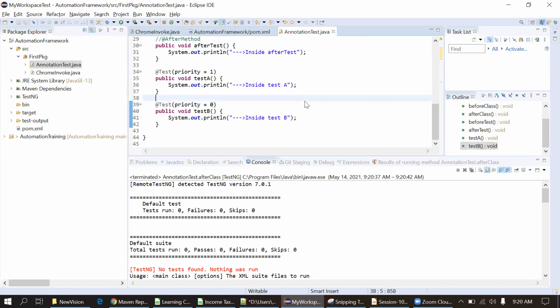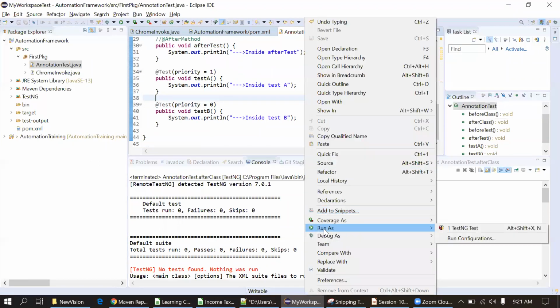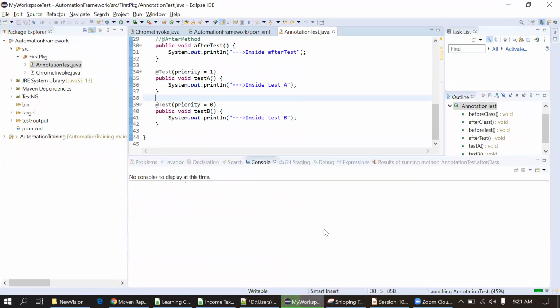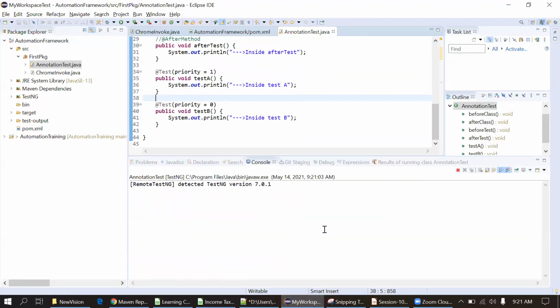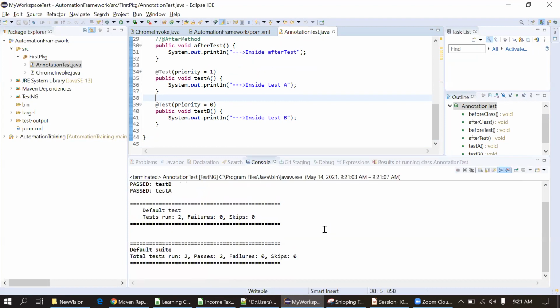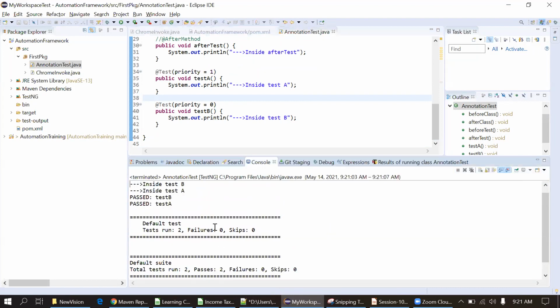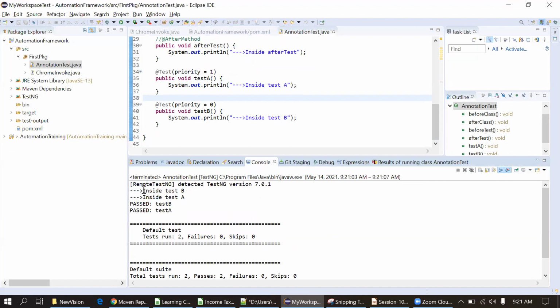Let me execute it again. Yes, now it got executed. Okay, fine. You can see first test B and then test A. So the least sequence will be executed first and then the highest priority will be executed at the last.